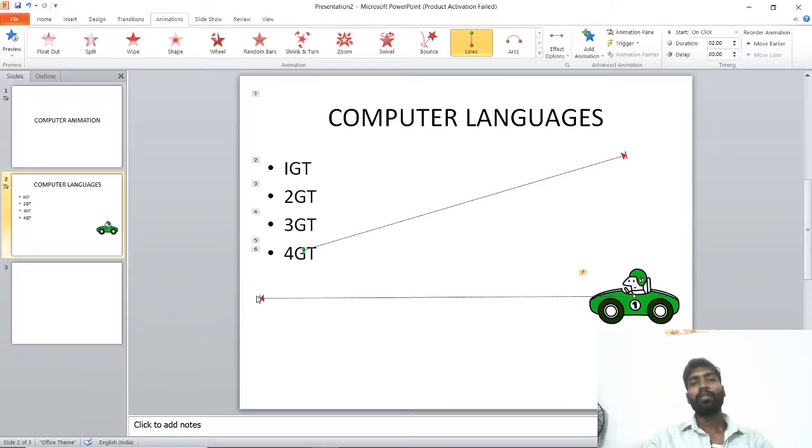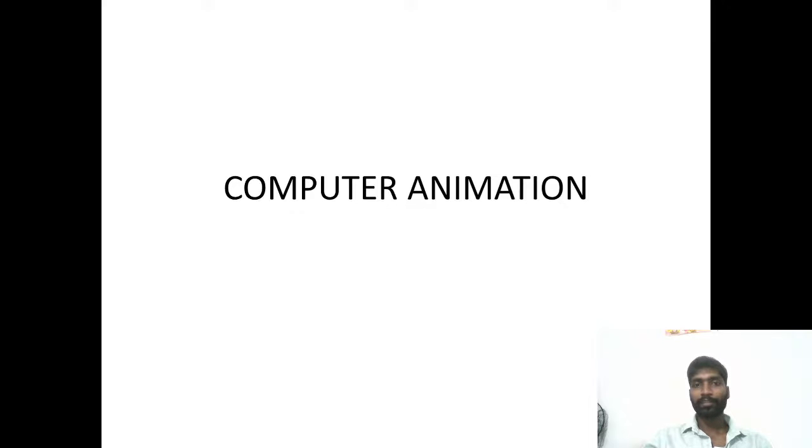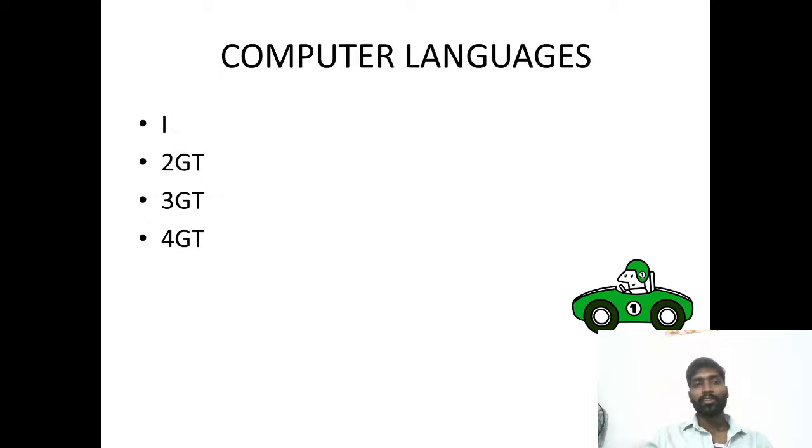Okay students, now we have almost done the animation on text also, object also. Now can we just check how it is working? What is the shortcut for full screen? F5. Now full screen, F5. Now I selected F5. See the animation effect. So whatever animation we made, it is accepting.